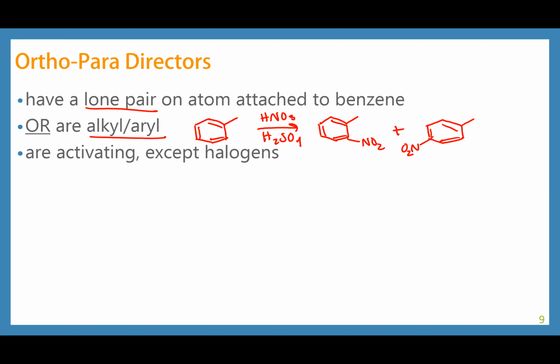The lone pair thing, what we mean is the atom that is directly attached to benzene has to have at least one lone pair. So in this case, we're talking about the oxygen that's part of the ester here. This would be an ortho-para director, and it would also be activating. However, if you draw an ester,